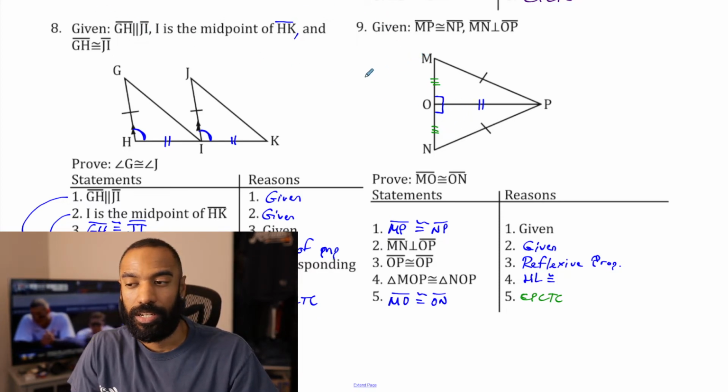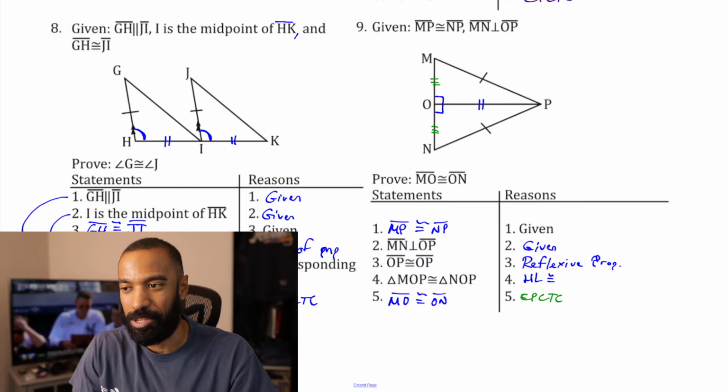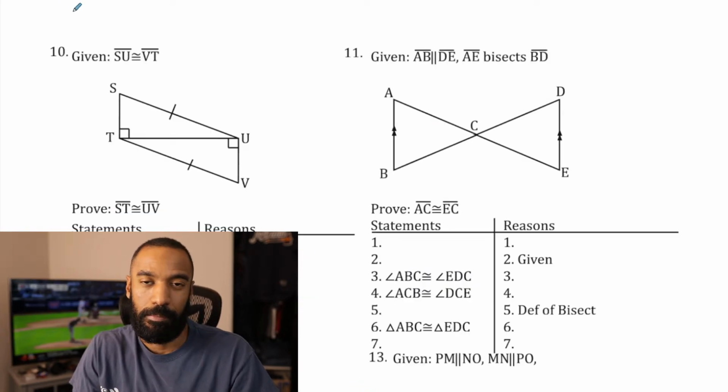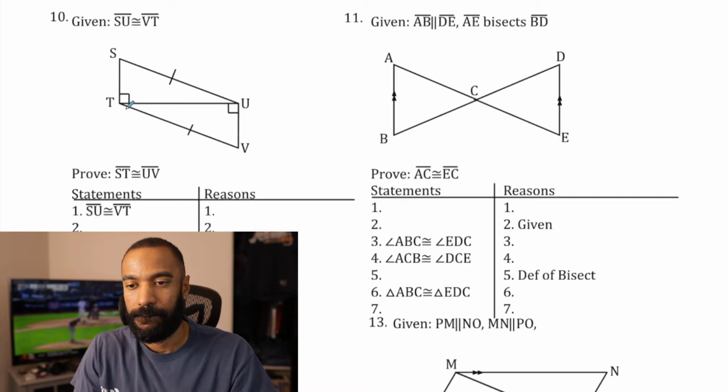Actually, that's a good, I'm not going to talk about it. I was going to say that's a good case to make to talk about how an altitude bisects an isosceles triangle. The segment in an isosceles triangle. Okay,